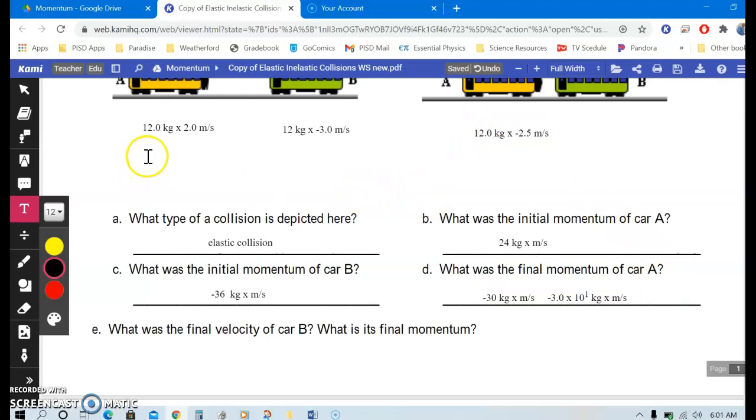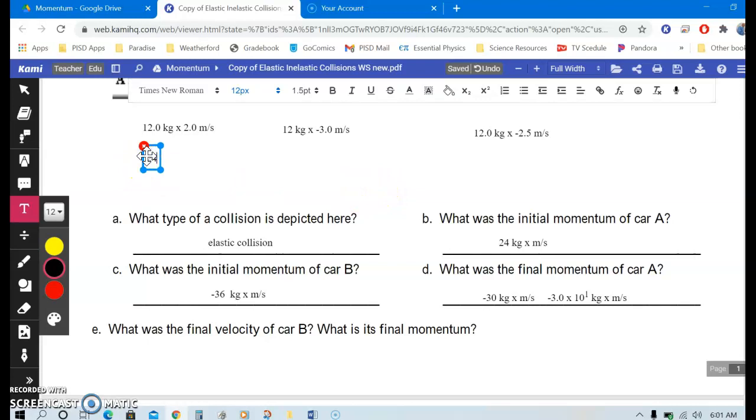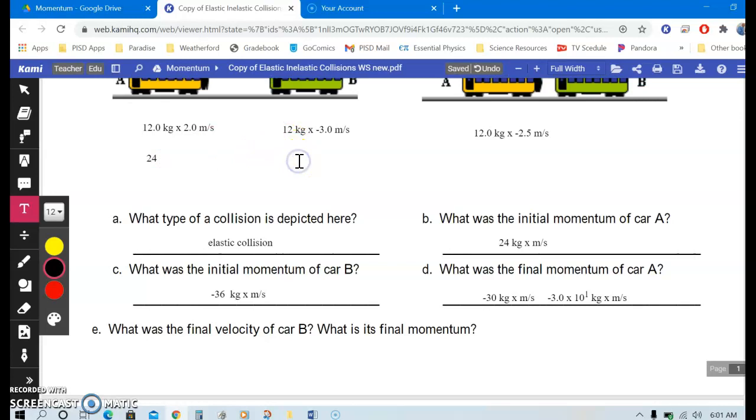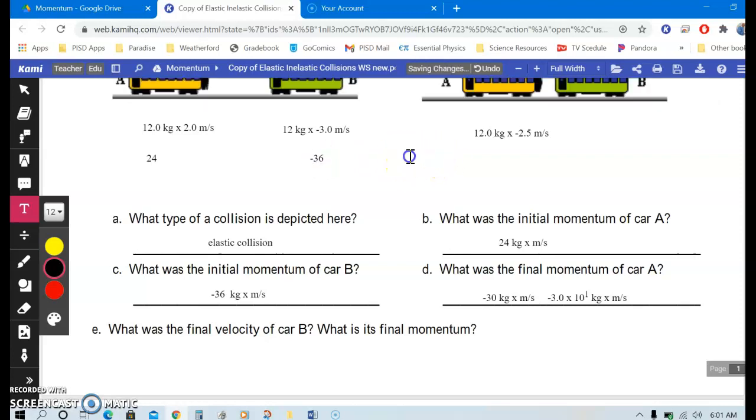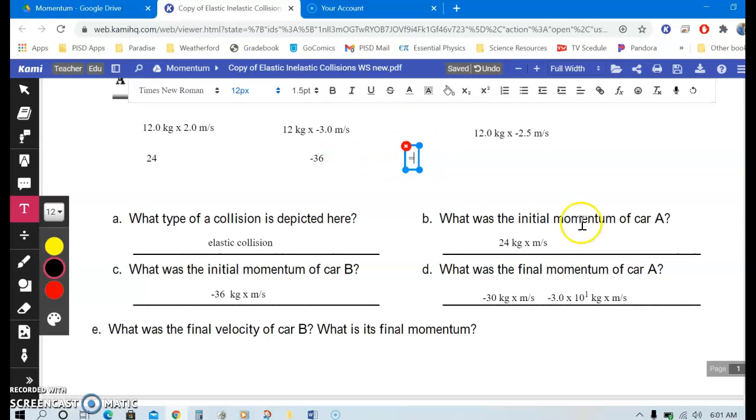All right, so if we plug those answers in here, we got 24. Okay, I'm gonna write the units because I don't want to run out of time here. Okay, this one's going to be negative 36, equals the momentum of car A, which we know is negative 30. I'm just going to write it as negative 30 here. Okay, plus